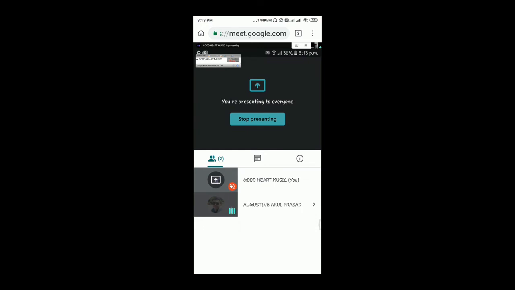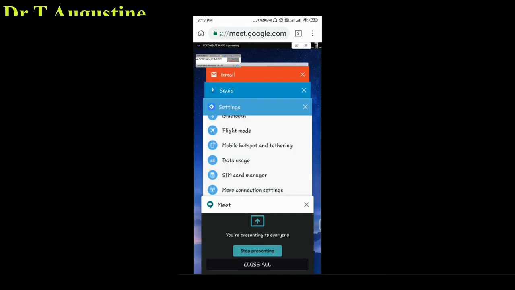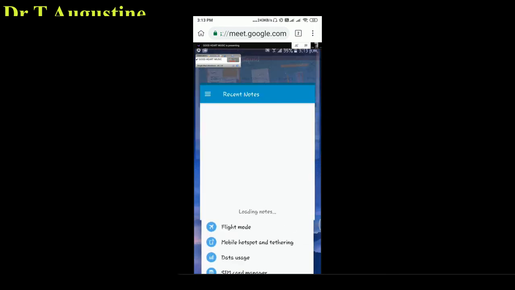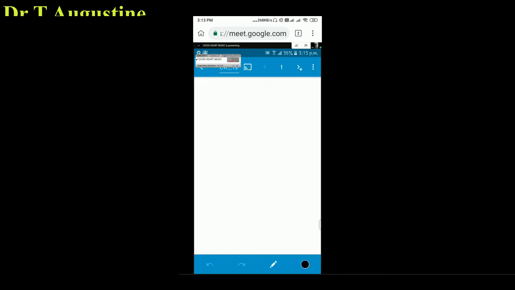By the way, if you're using your laptop, then there is no need for a mobile phone. But if you are going to use exclusively your mobile phone, then you have to use the Kiwi browser first to take the attendance, and then you have to come out from the browser and then you have to do the presentation. Or you can use 2 mobile phones, and you can see I'm using my second mobile phone to do the presentation. So in the first mobile I have taken the attendance, and in the second mobile I am using it for my presentation.